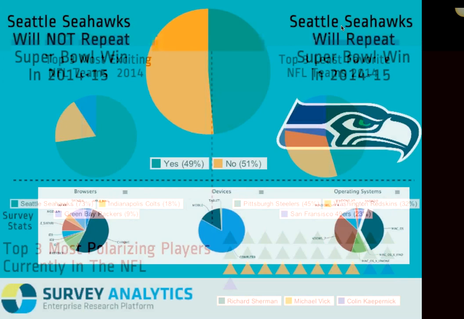And we found that it was very close. 49% said yes, and 51% said no. So that means that they're not projected. There's a lot of interesting comments that came with this, including saying that the Seahawks got really lucky, even though they beat the Broncos easily by 30 plus points last year. So I thought that was really interesting.